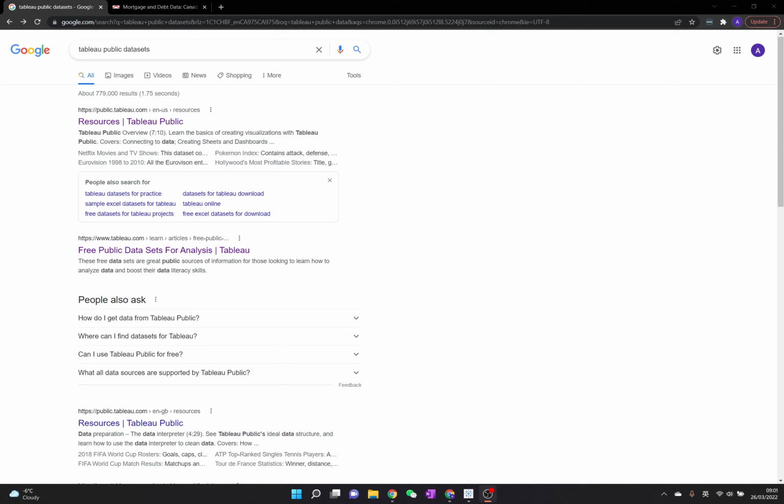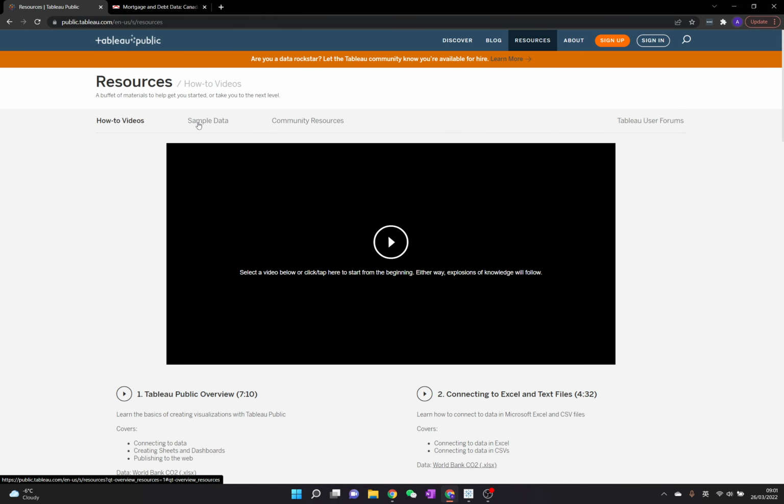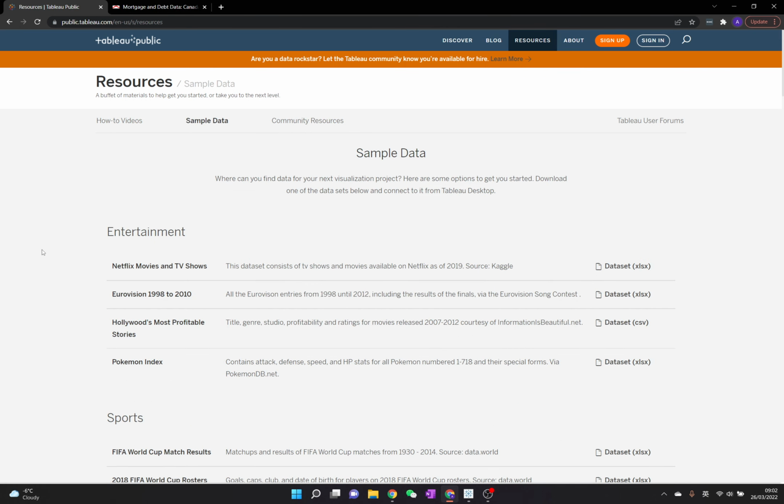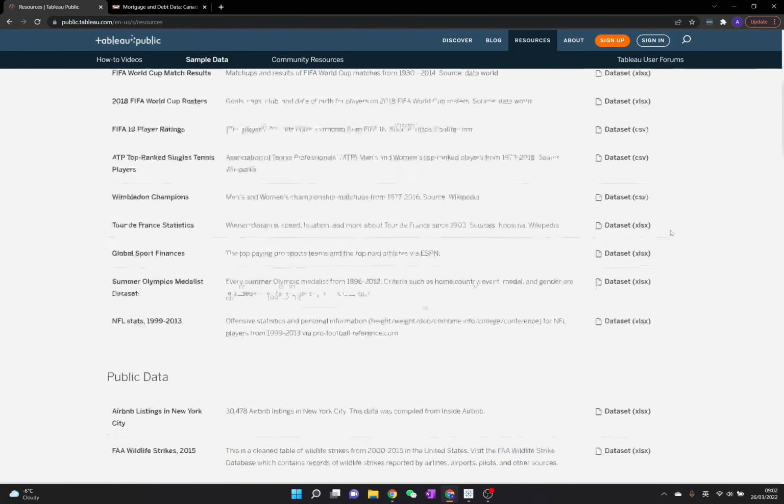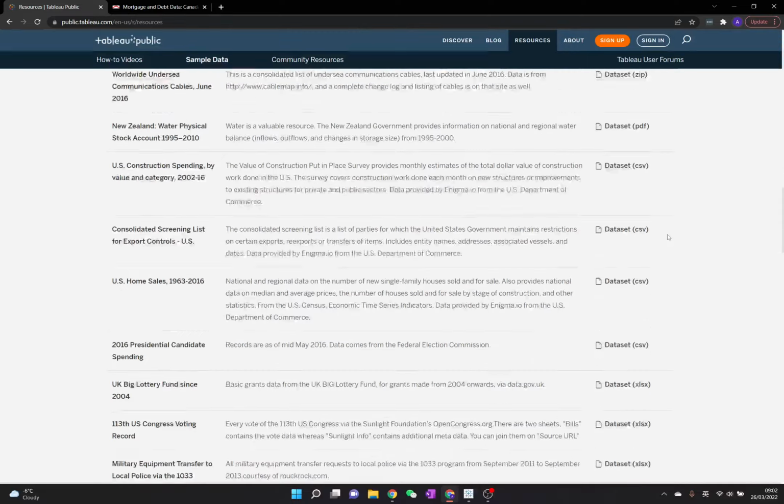So let's get started. First thing first, I need a data set. So I simply searched the Tableau public datasets, and the first thing that pops up is the Tableau public resources. So it just goes into this link. The second tab is the sample data, and then you see tons of topics available here. But if none of these interest you, don't worry, you can just scroll all the way down to the bottom,